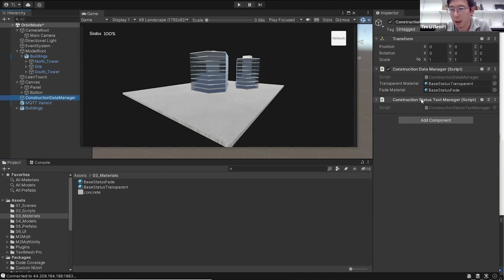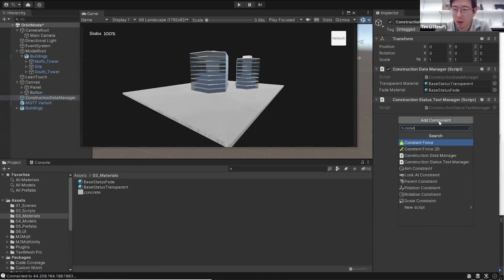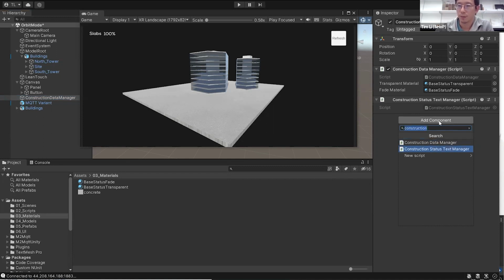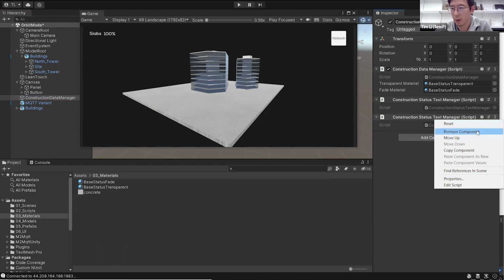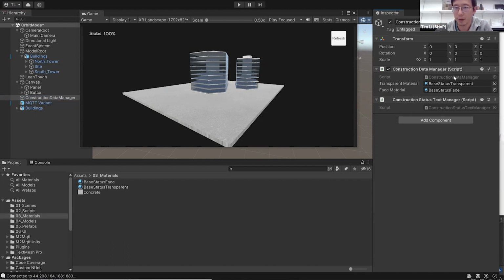And then after that, you would add construction status text manager. Basically, I don't need 2 of them. After you've done these 2 scripts,